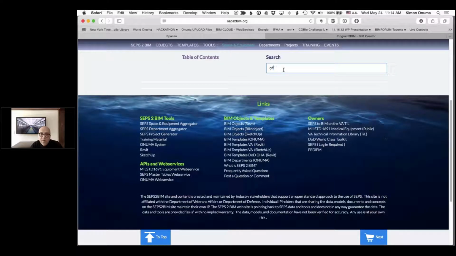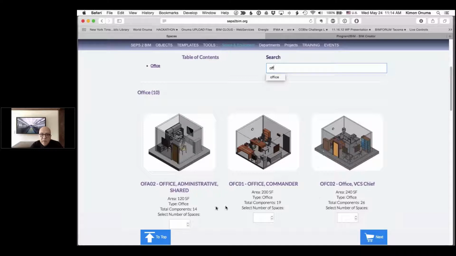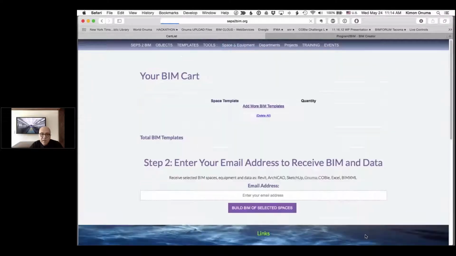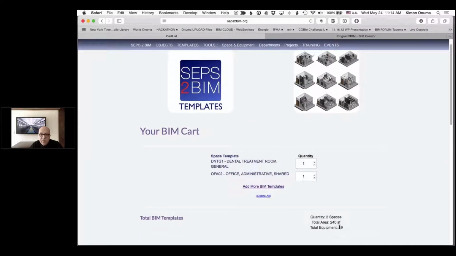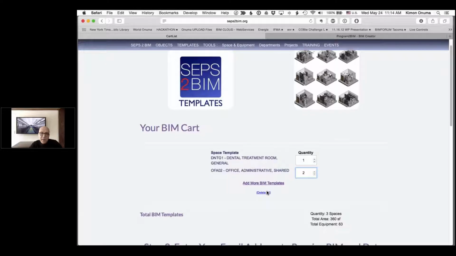So there's some offices. Let's add this office right here and go back to the cart, and we see 2 rooms listed here, and the total square footage and the total number of equipment. And if I change the rooms, you'll see the square footage changing. So this is actually linking directly into the VA, DoD, the max.gov database of equipment, and I can basically build